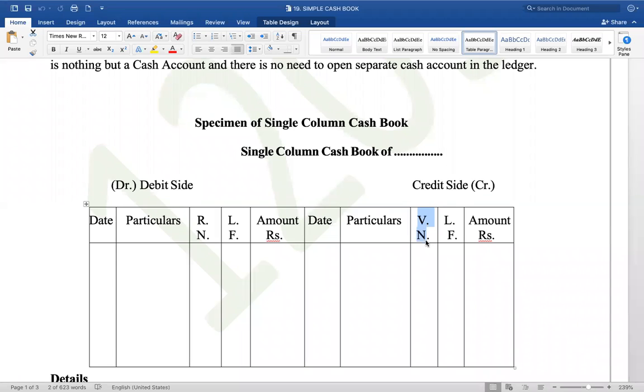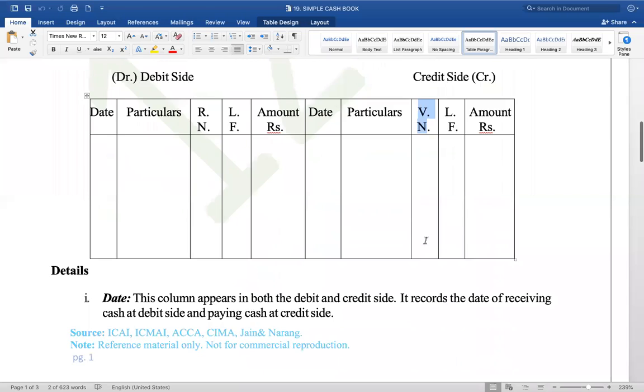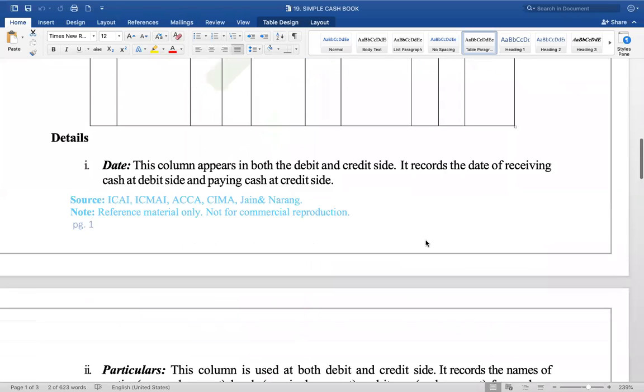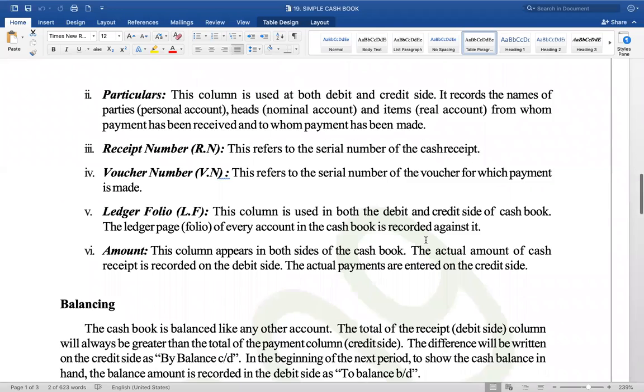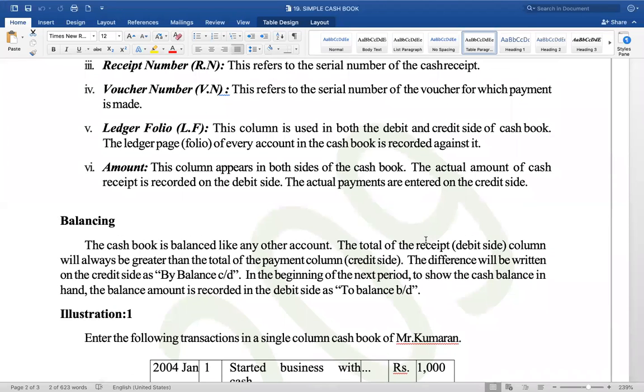Right. So date, particulars, receipt number, ledger folio, amount. Date, particulars, voucher number, ledger folio, amount. These are the columns. So in light of this, let's take an illustration. Let's take a problem and then,